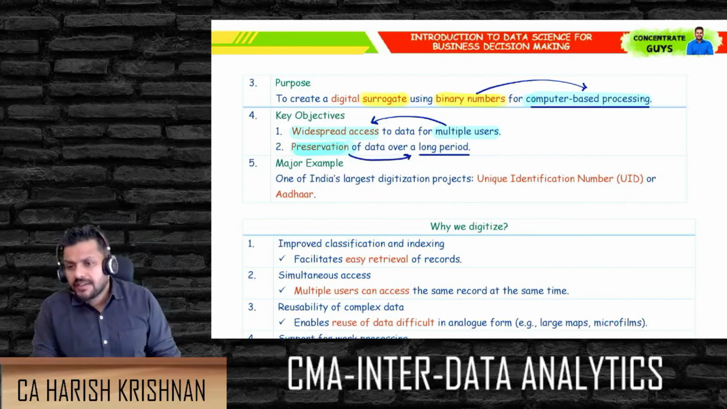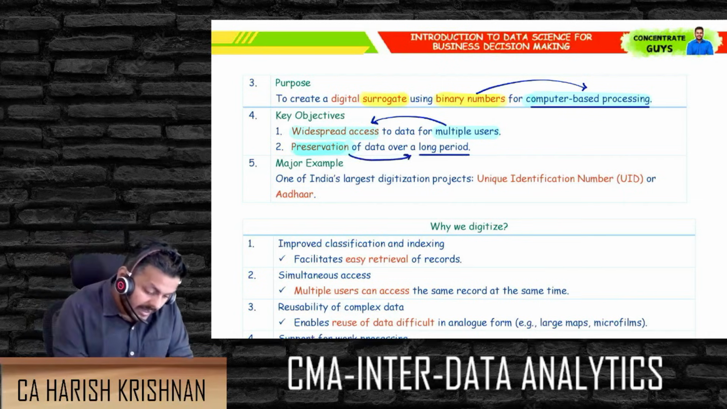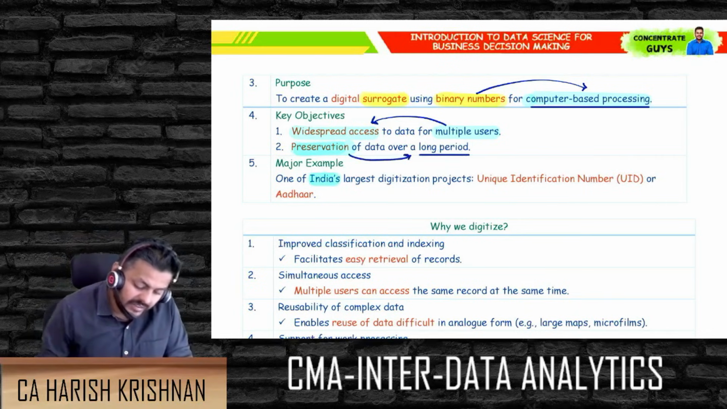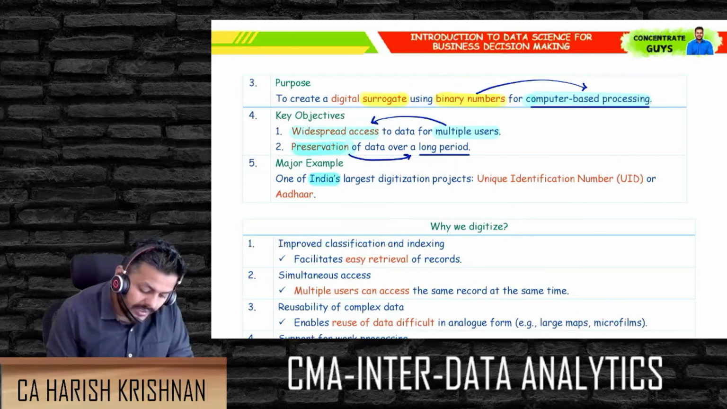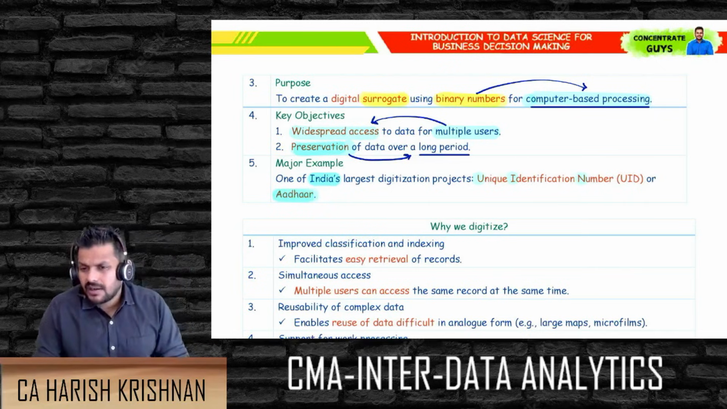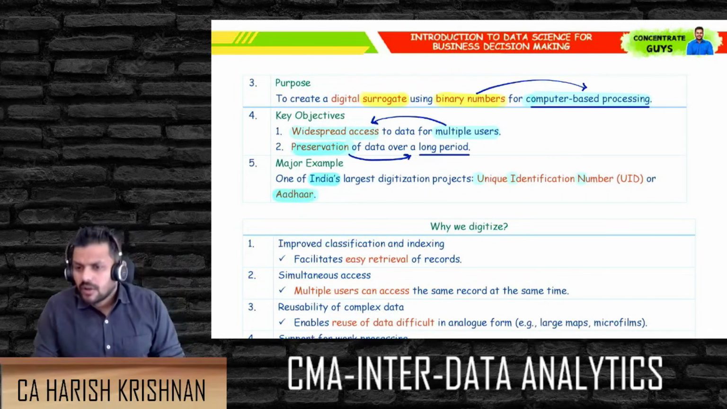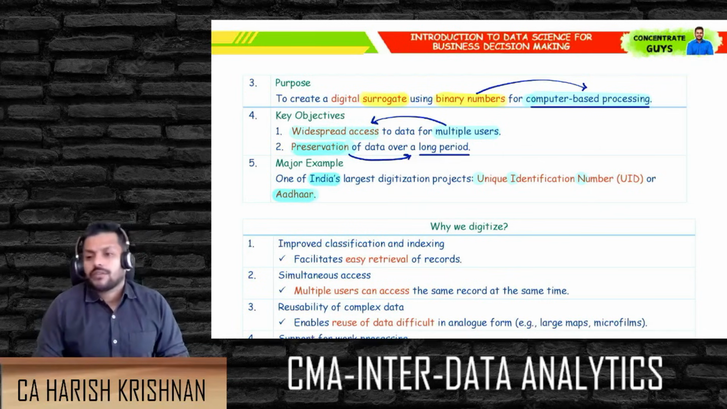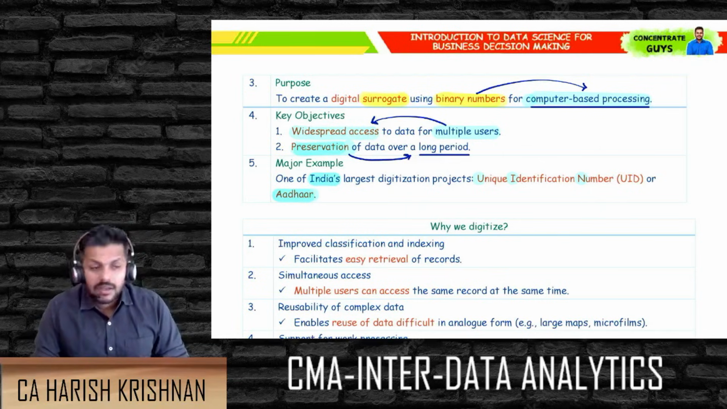One of the best examples in India, the largest digitization of the citizens' record is the UID, the unique identification number, which is the Aadhaar data, all digitized data about you. The government has your fingerprint, the government has your retina scans. The government having retina data in their database is so amazing that, imagine just today,